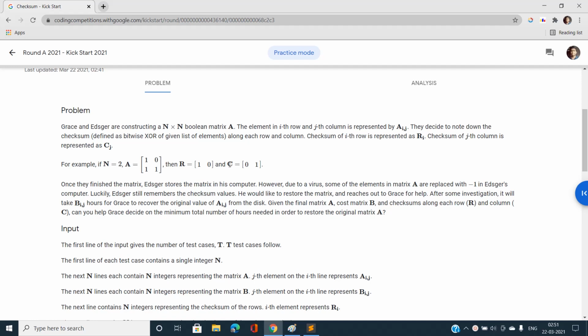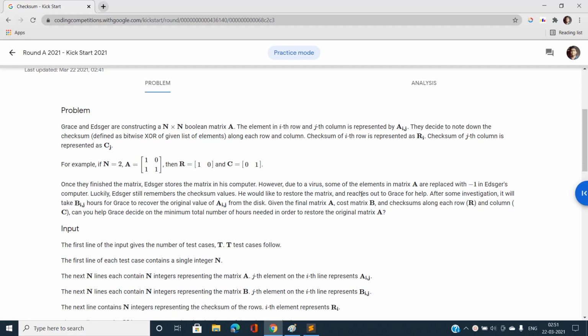Now there is some flaw in this: the problem says that some elements of the array A are lost and replaced with -1, that is, -1 denotes that the current cell of the array is unknown, and we need to restore the matrix.